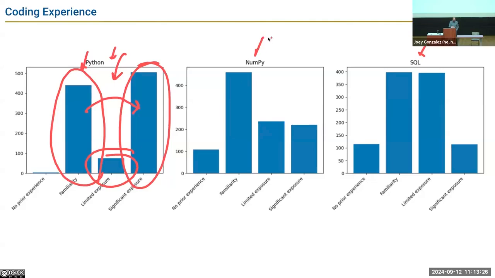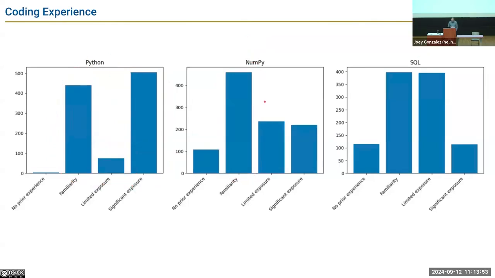NumPy. Many of you think, I know a little bit of NumPy, and that makes sense because the lower div classes before this class have some exposure to NumPy. This is fine. In fact, you will probably stay here in this class. We're not going to use an extensive amount of NumPy. Most of what you do in this class will be with pandas. Okay. Maybe we'll get some people to go over here, get rid of that finger, get some more Gaussian-like shape. But yeah, this is where most people are for NumPy.